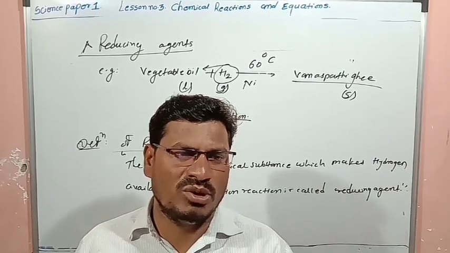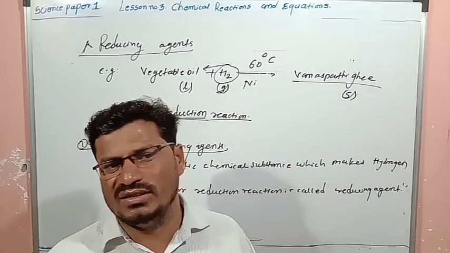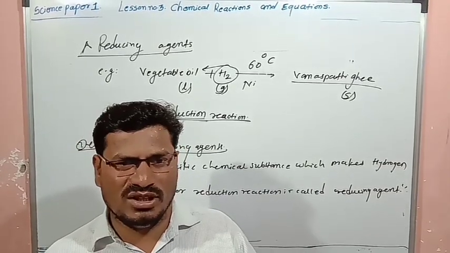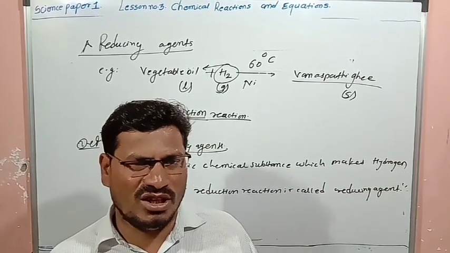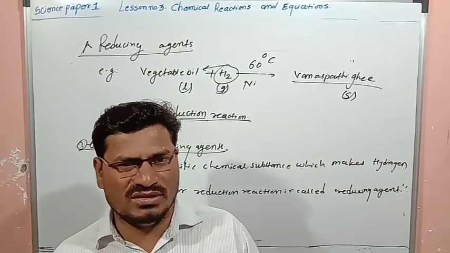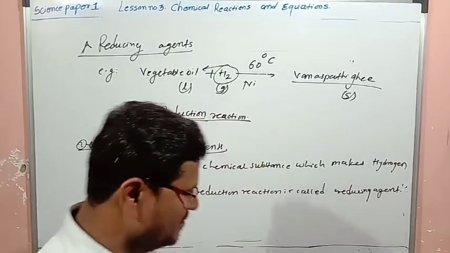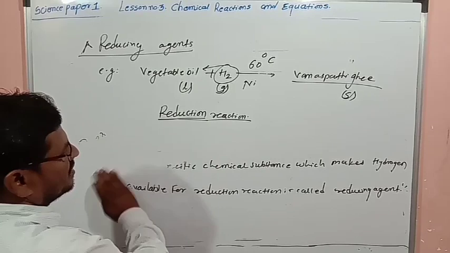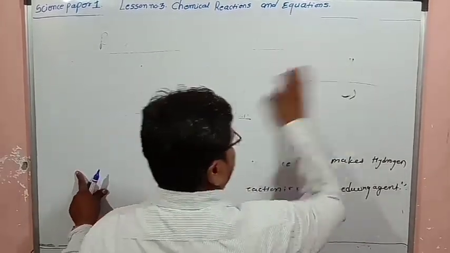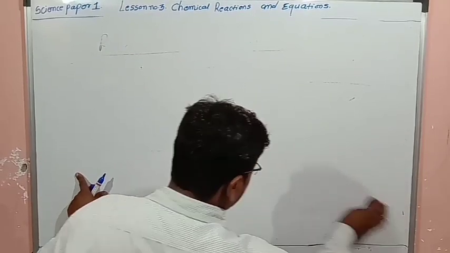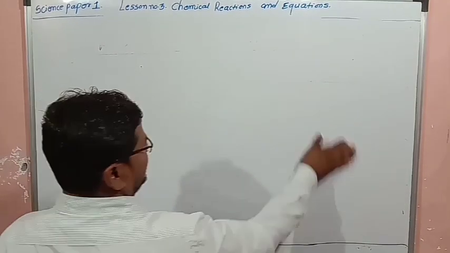After that, the new concept of the oxidation reaction, that is losing electrons by the reactant, is called oxidation. And after that we have studied reducing agents. Now after this we are going to learn the next concept, and that concept is the redox reaction. With the help of a reaction you will understand what is meant by redox reaction.